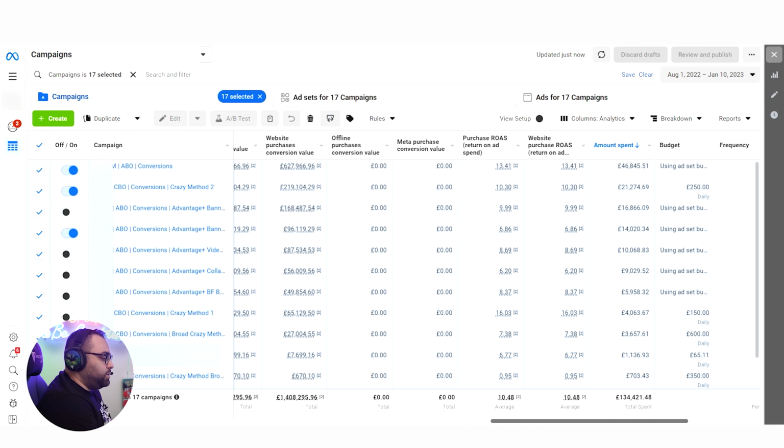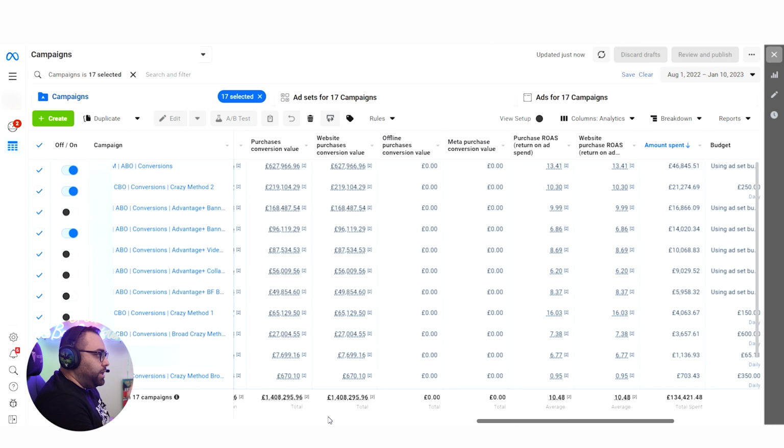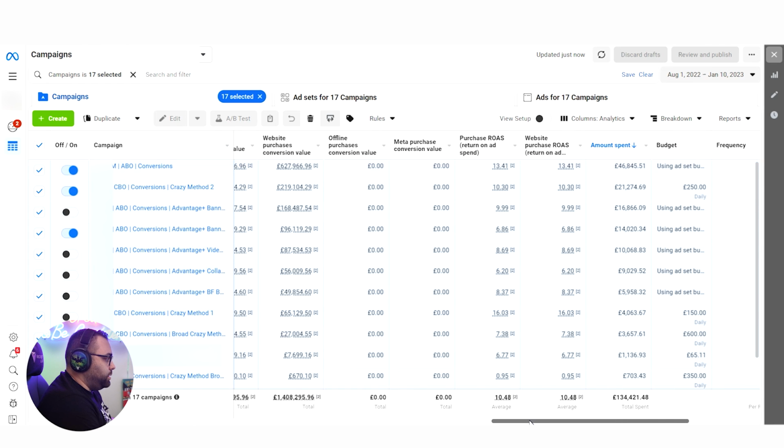The spend so far is £134K because this is a UK account. I'm going to make another video explaining how to have different ad accounts for the UK and for the United States, because you should not mix them together in the same ad account if your spends are big. We have a 10.4 ROAS, 1.4 million in revenue. Of course, many people are going to say that we could scale more. That's true, but the company needs some specific ROAS in order to be profitable, so we're keeping it to that, and of course we're able to produce it.